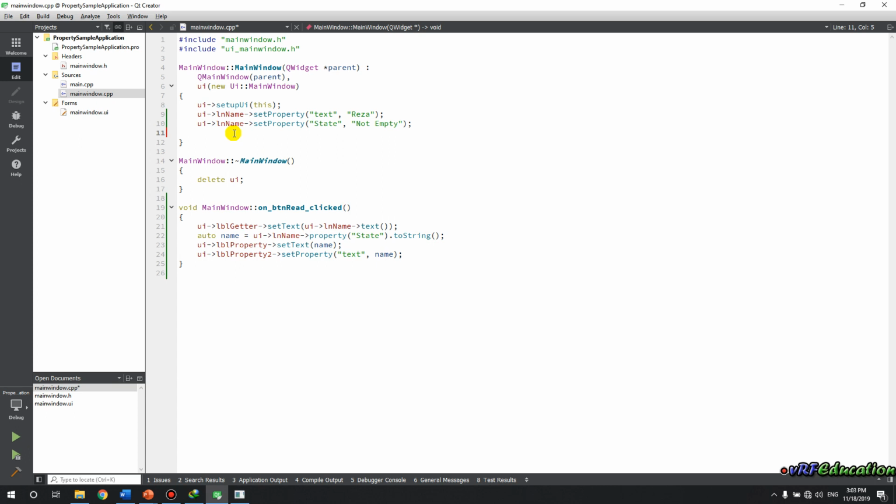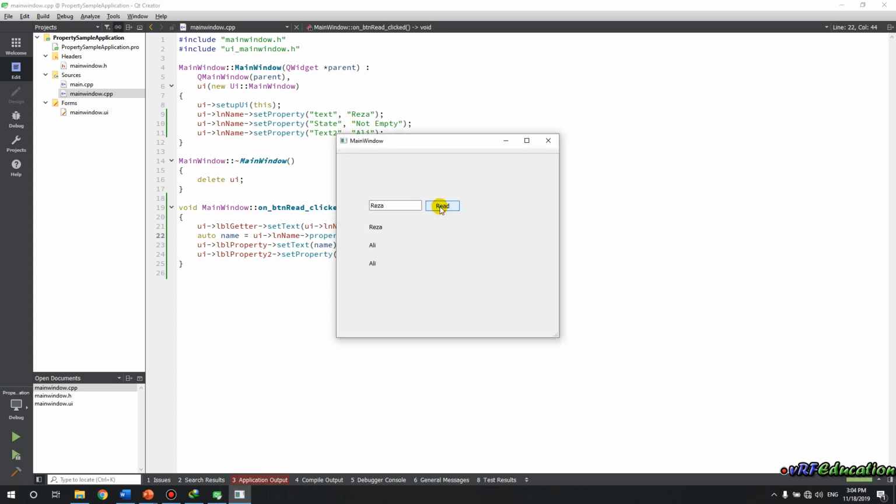So here I can say I have a property called state2, for example, and there's a name called Ali in that. Or let's say text2, we call it text2. And if I here go and read the text2 property, Ali will be returned and shown in the second and third label on the form. Let's see it. Okay, as you can see, Ali is in these two labels,